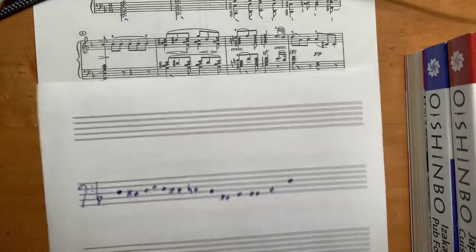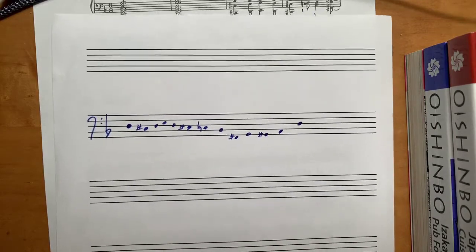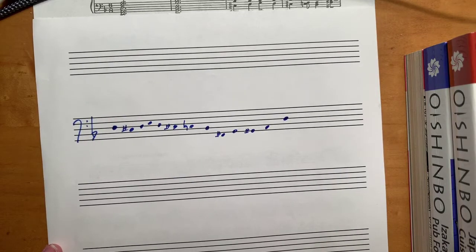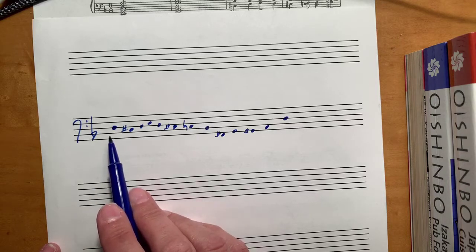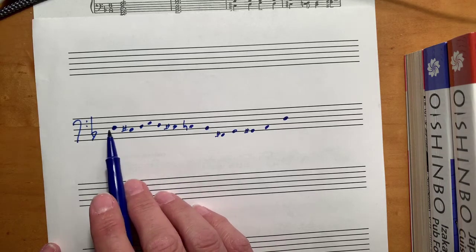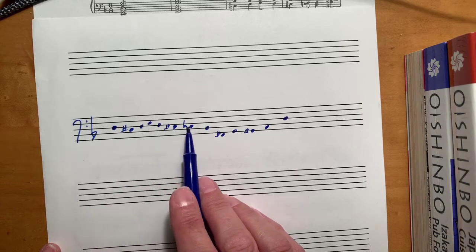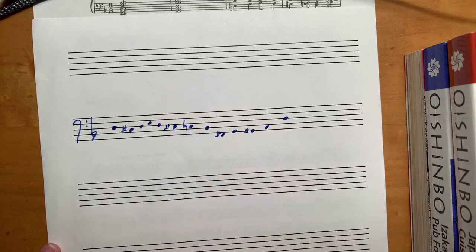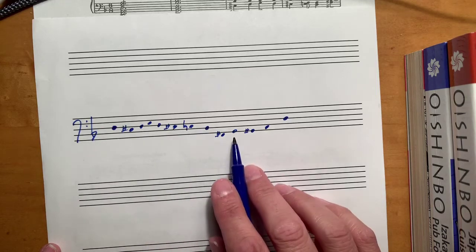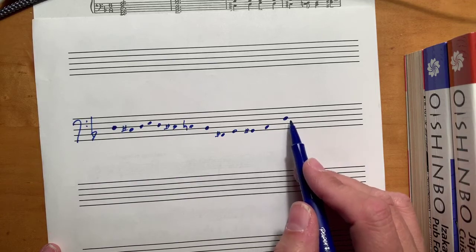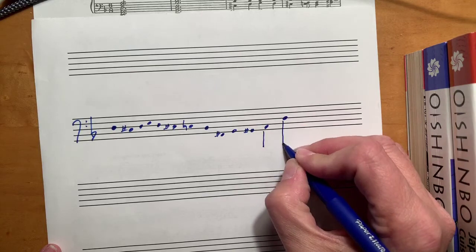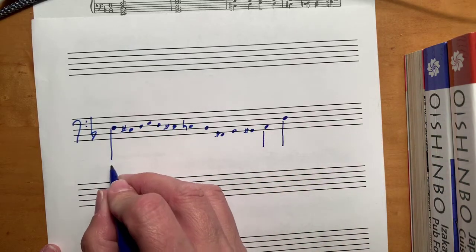Okay. So now if we're looking at this, I see a few things I notice right away. The way I approach this, I'll look through and I see that this is lots of stepwise motion here. See how this is all just winding around? Okay, and then I look for some leaps, and here's a leap that takes us to G, and then A, and then D. So that I think helps us to find that this is